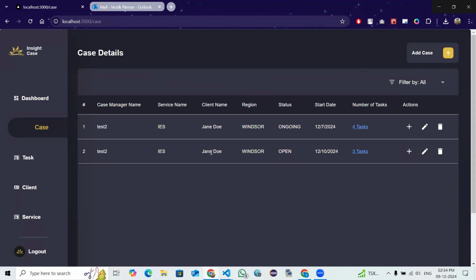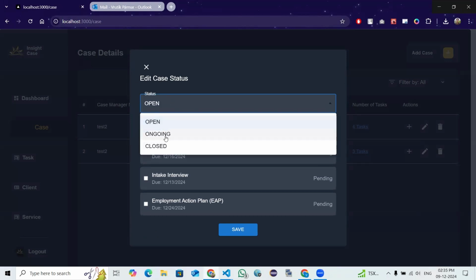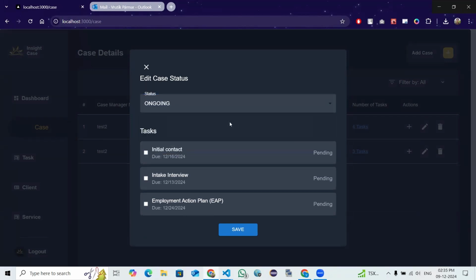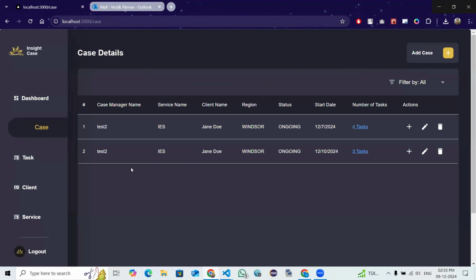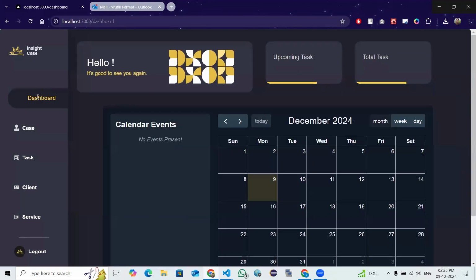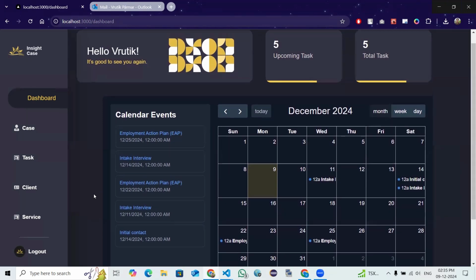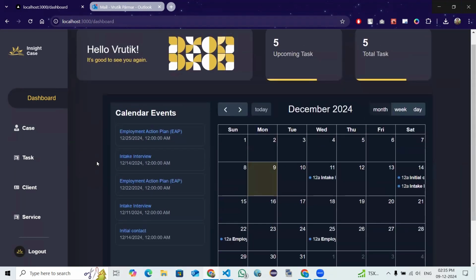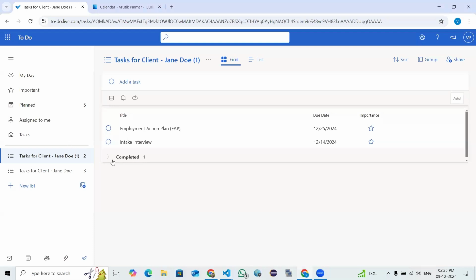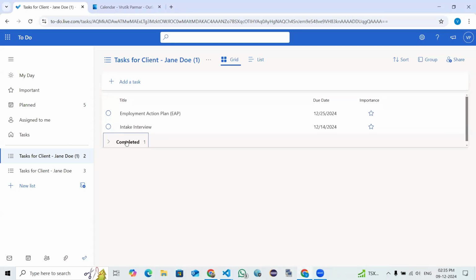And let's edit one of the cases. For example, this is the one that we have created, right? So let's edit this and let's change the status to on hold. And in the task, let's say the initial contact was completed. So we'll click this as completed and we'll click save here. So now in the dashboard, you will see that one of the events is deleted from here, because that was completed, and we'll also see here. So yeah, this initial contact is moved to completed for the particular staff member